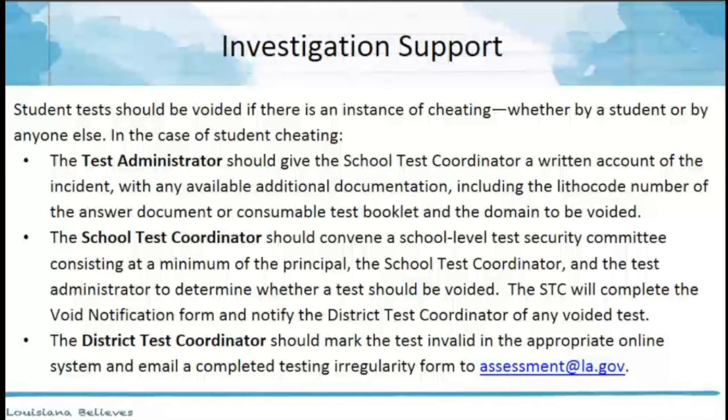Then the school test coordinator has a meeting with a committee that has at least the principal, themselves, and the TA, and they are to determine whether the test should be voided. That STC will then complete the void notification form and send it to you, the DTC. Then you all will mark the test invalid online and then send the testing irregularity